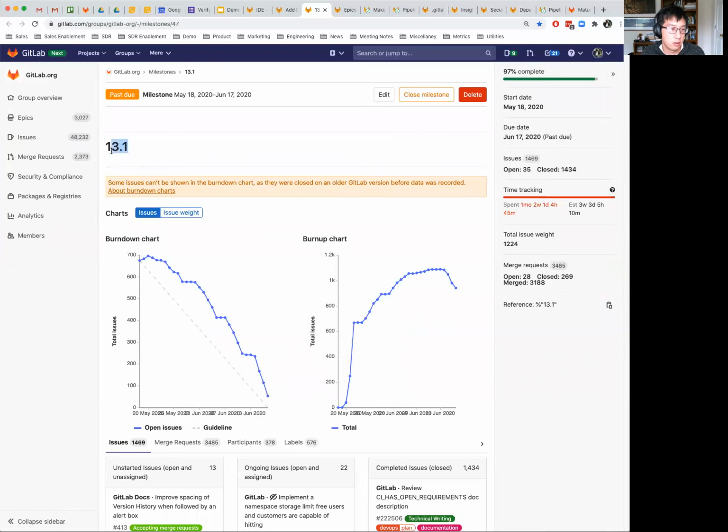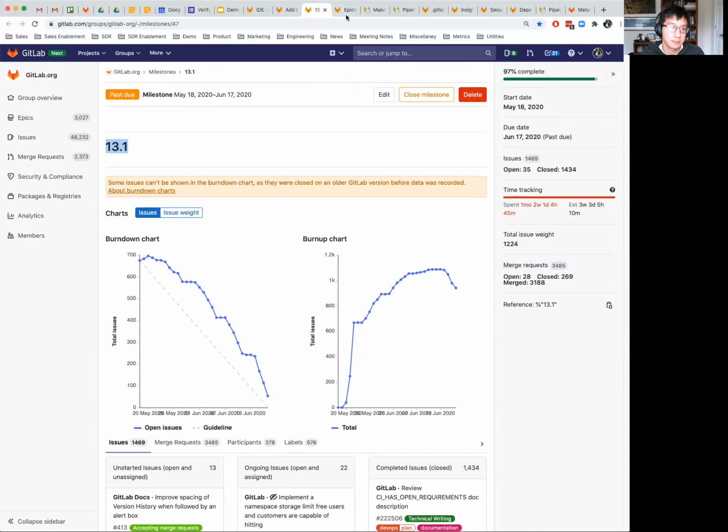Over here, we have aggregated all of our issues for a specific release. So you can see all of the GitLab 13.1 issues here. And one of the things that we give you is a burn down chart. A lot of times management's not entirely sure when a release is going to be due, but just by showing this burn down chart, we actually have a really great gauge of when work's due. So as you can see, we give you this line that you can use to project and talk to stakeholders